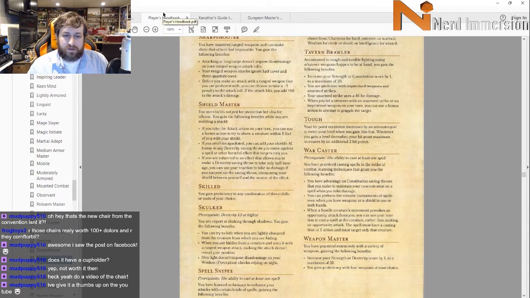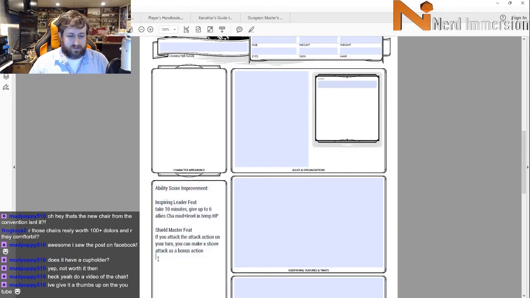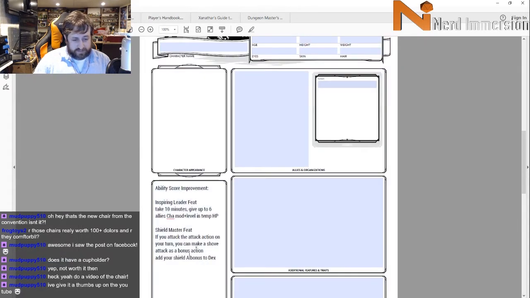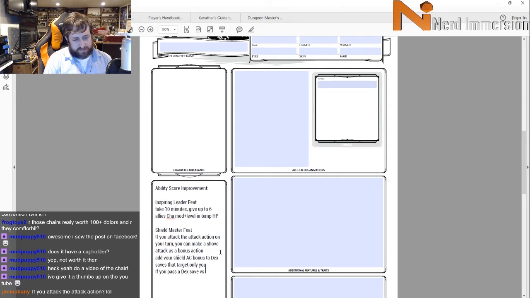There's 2 other parts of them. If you aren't incapacitated, add your shield bonus to Dex saves, right? Dex saves that only target you. Your shield's AC bonus to Dex saves that target only you. If you pass a Dex save versus damage, you can use your reaction to take no damage. Yes, if you take...